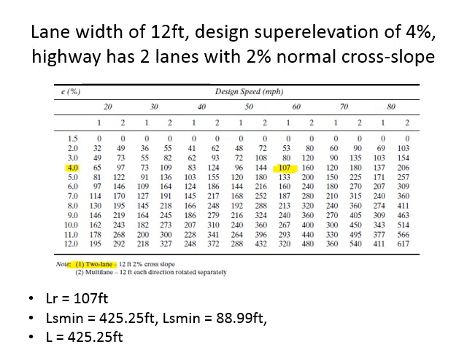we have this. So this is the length of runoff required for super elevation according to this table. So this is 107 feet. From the previous two equations, I got the minimum length of the spiral curve as 425 feet. There were two values and I picked 425 feet because it is satisfying both criteria.